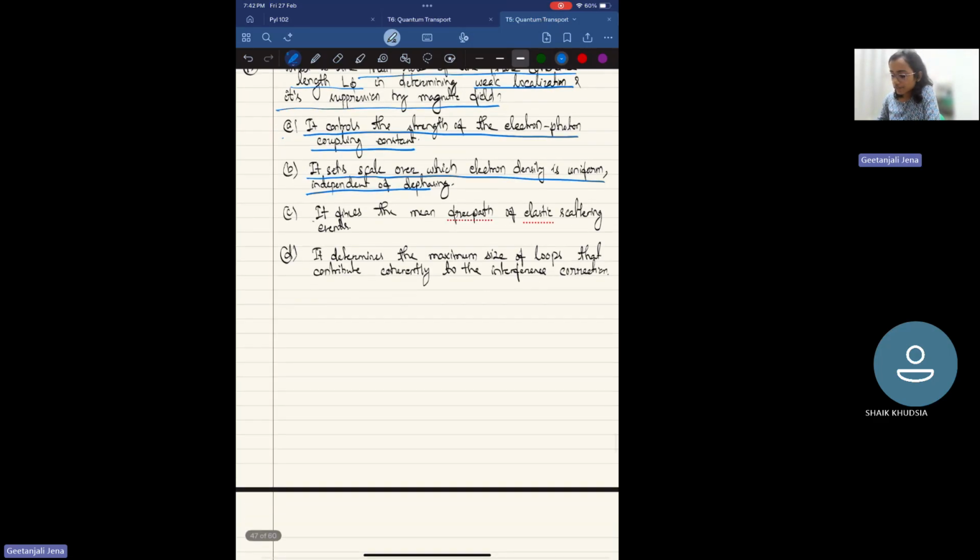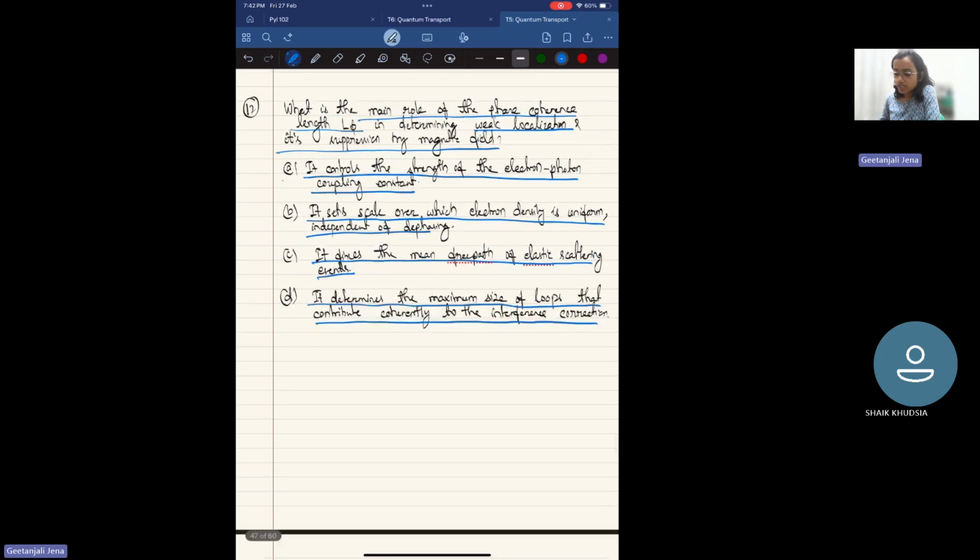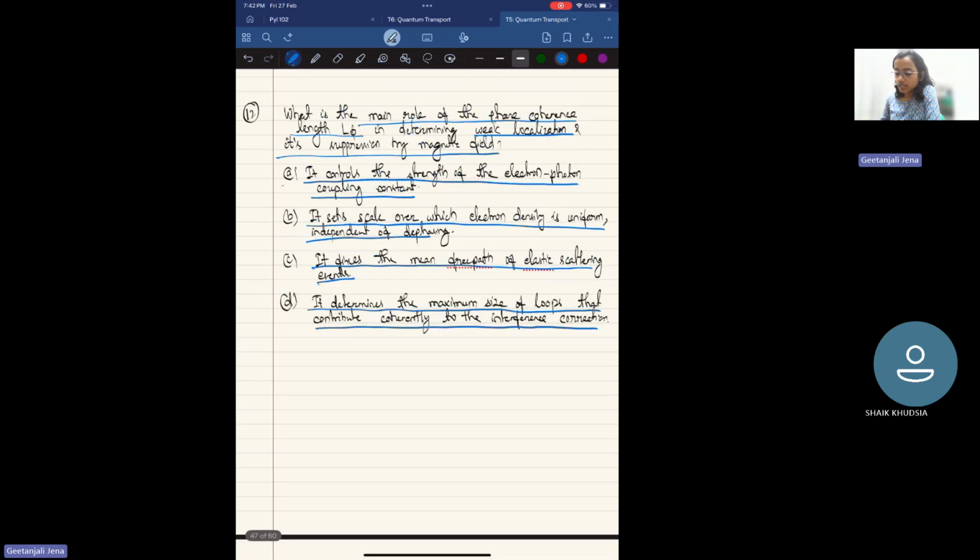Option C, it fixes the mean free path of elastic scattering events. Or option D, it determines the maximum size of the loops that contribute coherently to the interference correction. Which one of these is correctly related to the phase coherence length? This is option